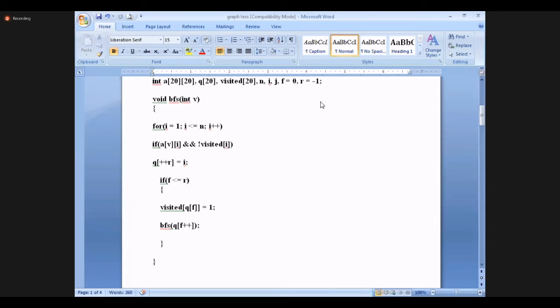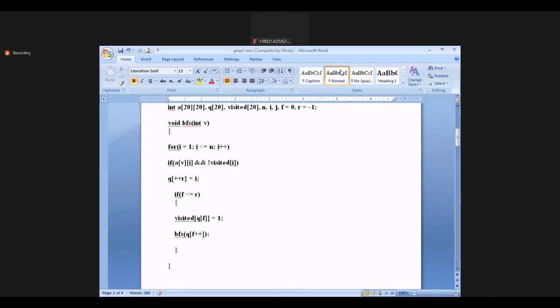If there are 4 nodes, the value will go up to 4. So 4 rows will be considered, and for each row the inside for loop and if condition run, and once the V value is decided, the 4 columns will be visited. When BFS is invoked the second time, the second row is selected; the third time, the third row; the fourth time, the fourth row.